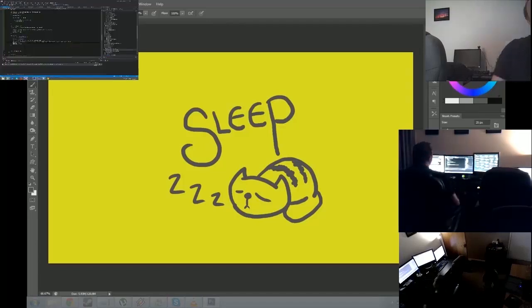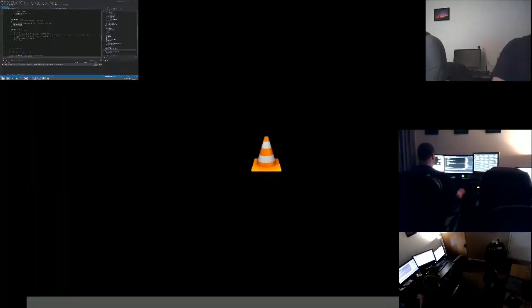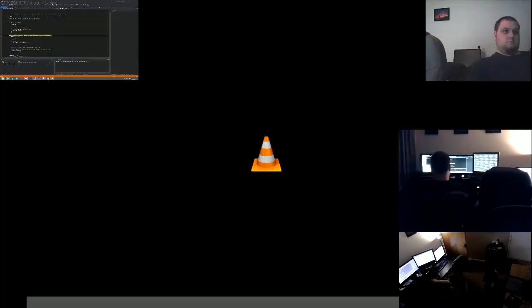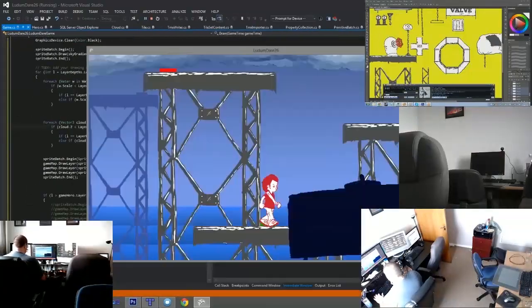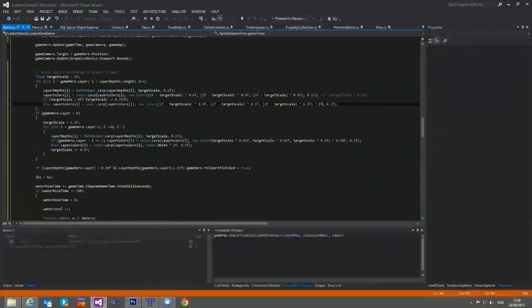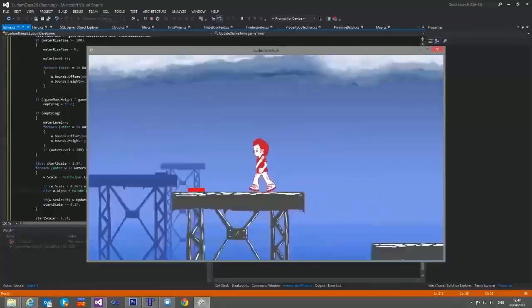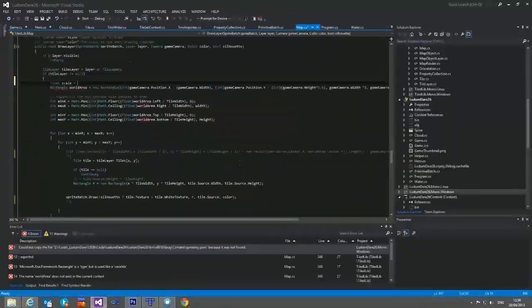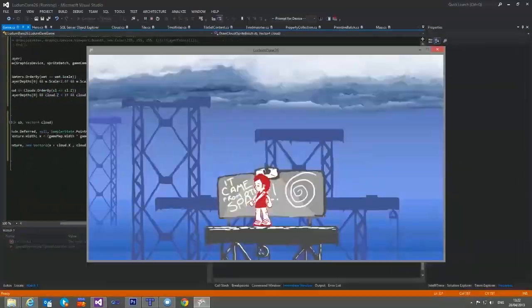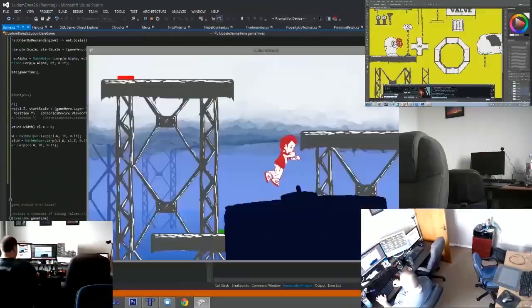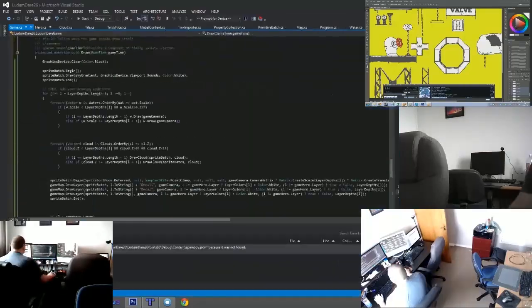So here's me working solo well into the early hours of the morning, which caused me not to get up until midday on Sunday morning, which was okay because Paul was out playing Magic. So it gave me a chance to catch up with some code, and desperately needed to get those clouds right because they were bugging me. So I was there trying to get the clouds layered correctly